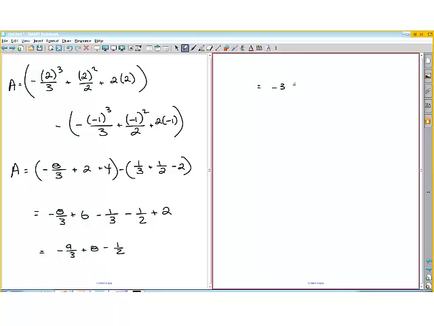So we get negative 3 plus 8 minus 1/2. That's equal to 8 minus 3 is 5. 5 minus 1/2. That's the same as 10/2. 5 is 10/2 by multiplying the numerator and the denominator by 2, subtracting 1/2, and I get 9/2 as the